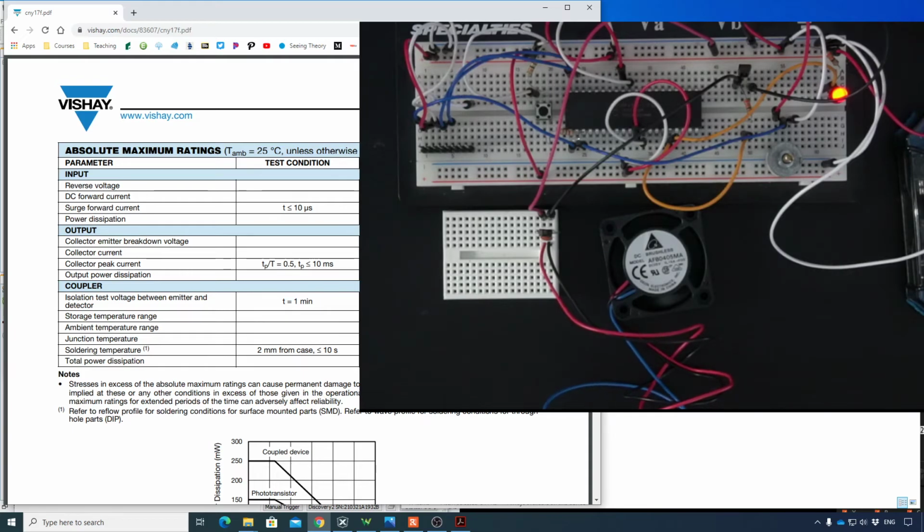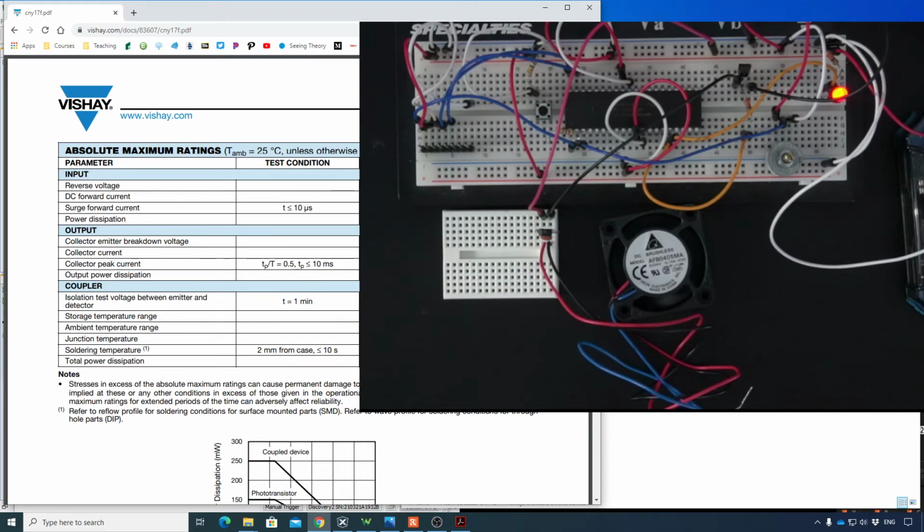I spent a few hours just to figure this out. Because I'm operating at 5 volts, and the maximum you can get is 100 milliamps, that's basically half a watt. So your motor should be operational at half a watt. I don't know if there's a motor that operates at half a watt. I do have a couple of motors that might operate at this, like one of them is